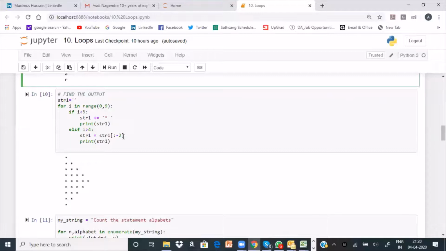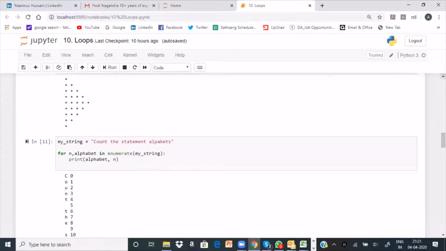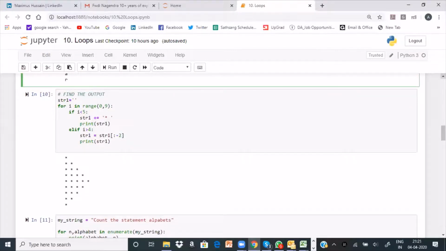Did you get this? Try this using a different logic. Okay, sorry, I'll wait for a few seconds. If someone wants to practice it in your Jupyter notebook, please do it.